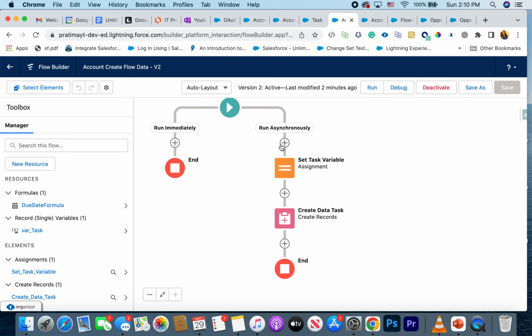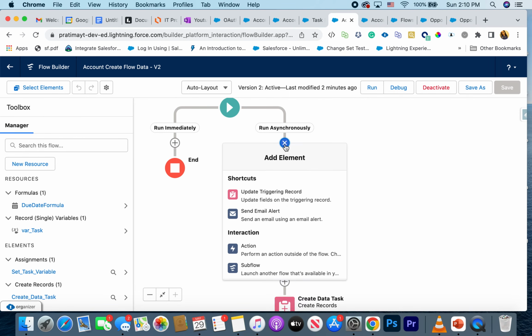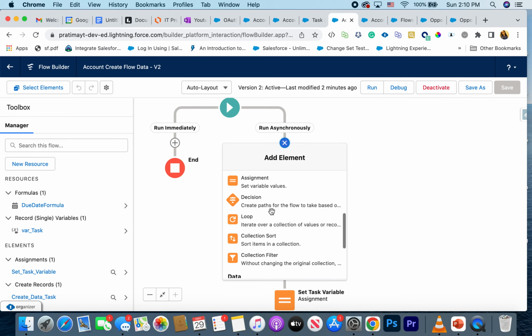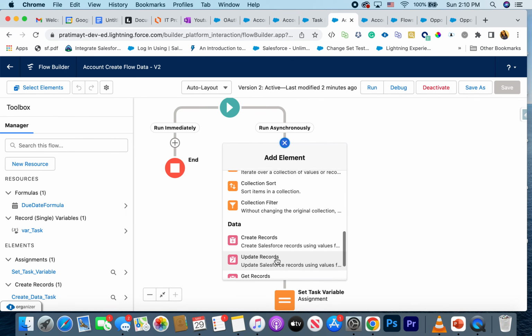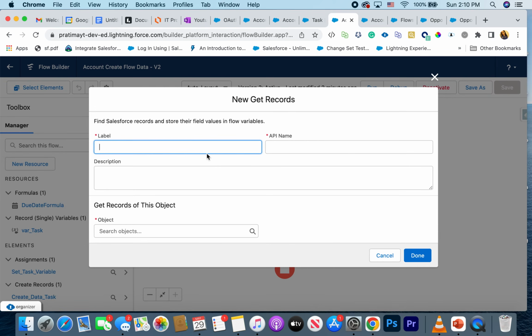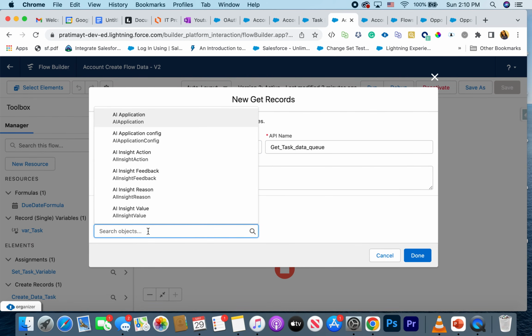Now, next thing I want to do is also make it not hard-coded, because when you create that task in a new environment, it may have a different ID. So what you can do here is, before you assign that ID, you can first query that task. So you can say get records, get task data queue, and in this case you are going to query group